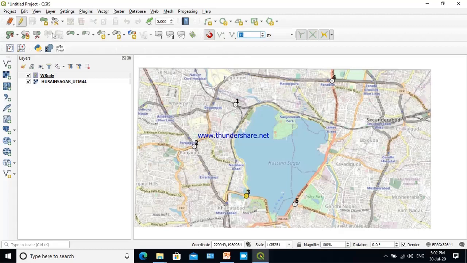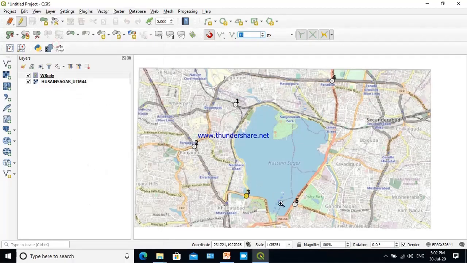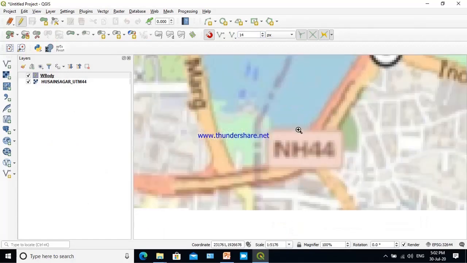Now start digitizing. Take this tool, add polygon, and zoom in to the feature. Say you have to start your digitization from here. So enlarge it, expecting that the pond extends up to this place. You start digitization. Go on clicking. If this point is within 12 pixels, it will snap to this. So you have to be more than 12 pixels away.